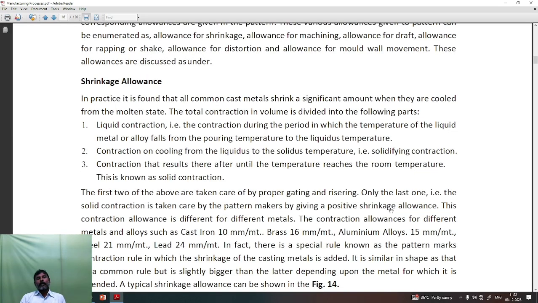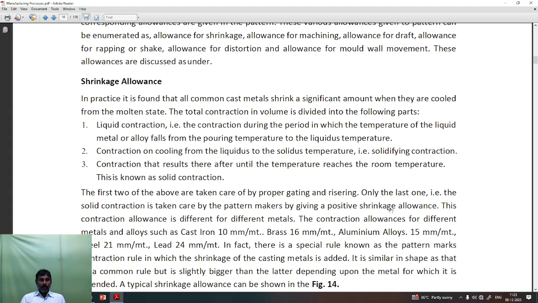Shrinkage allowance. In practice, it is found that all common cast materials shrink a significant amount when they cool from the molten state. The total contraction means volume divided into the following parts. Liquid contraction, the contraction during the period in which the temperature of the liquid metal or alloy falls from the pouring temperature to the liquidus temperature. Then contraction during cooling from the liquidus to the solidus temperature, and solidifying contraction that results thereafter until the temperature reaches